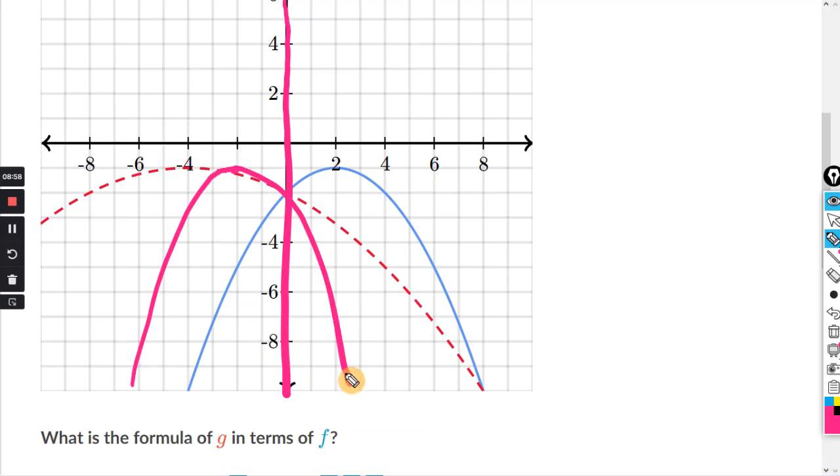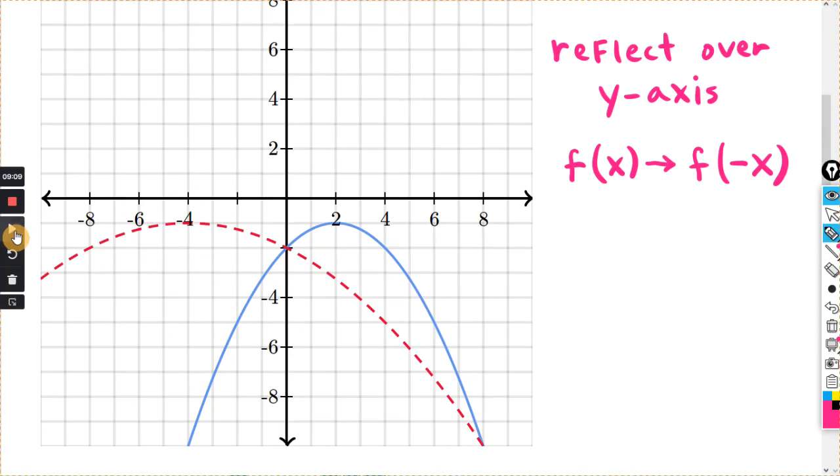But that's not the only thing that happened here. I'll write reflect over y-axis first. So since this is reflected over the y-axis, f of x becomes f of -x. Okay, we basically took each x coordinate and changed the sign. So if it was like f of 6, it becomes the same y coordinate for f of -6,